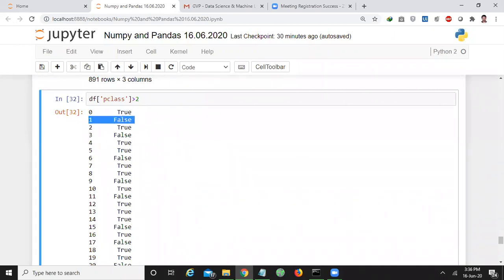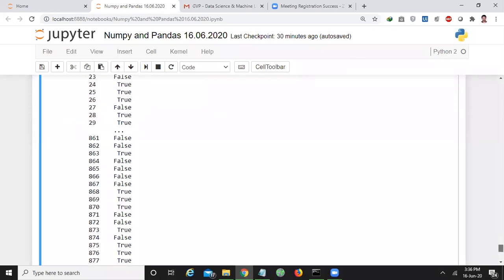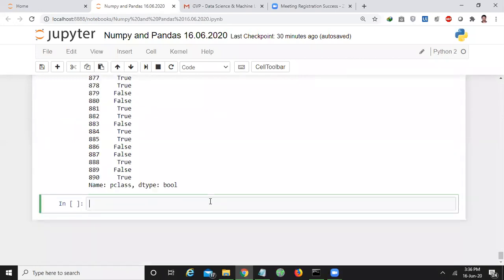Let us do one thing. I want to retrieve the data frame whose passenger class is greater than 2. That means I want to extract the lower class passengers.